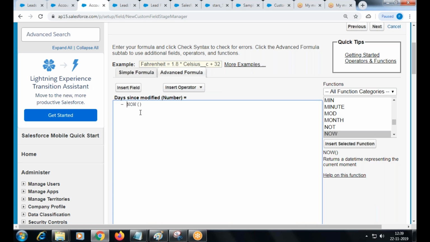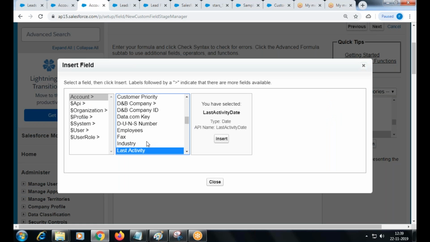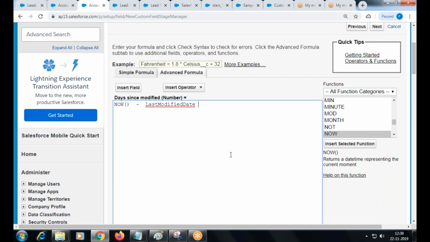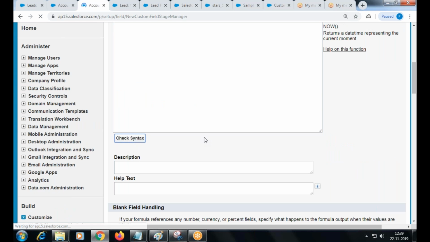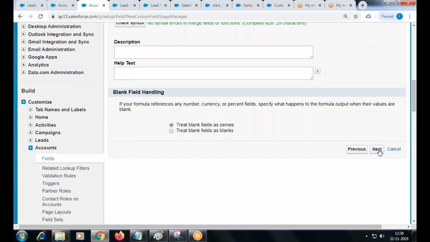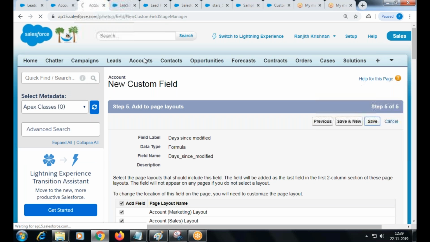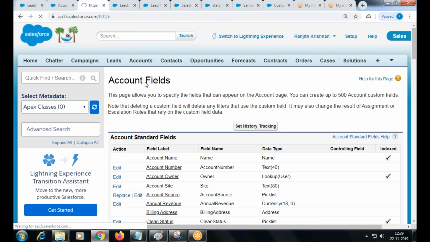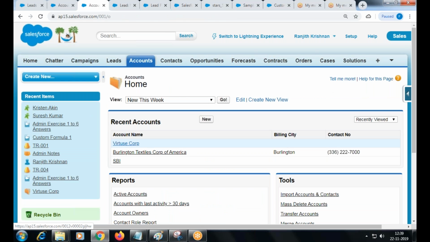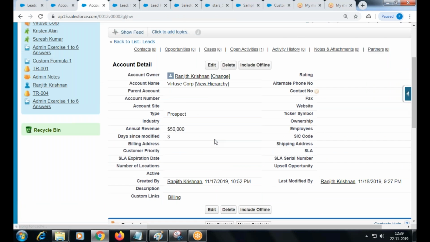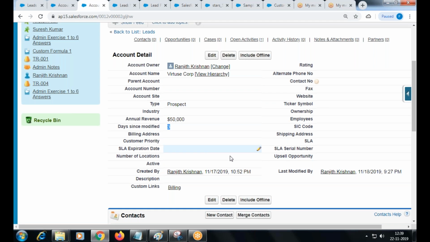Now, sorry, last modified. Say it's modified 11 17, right?